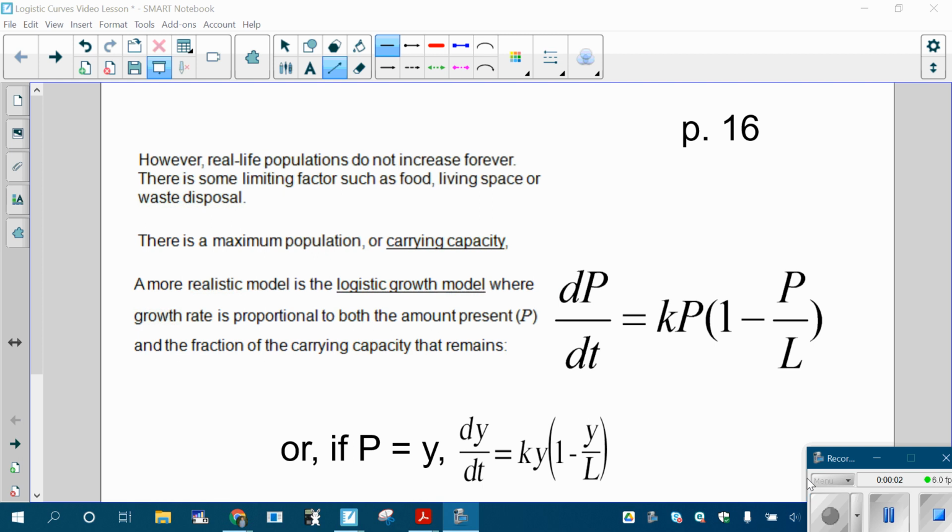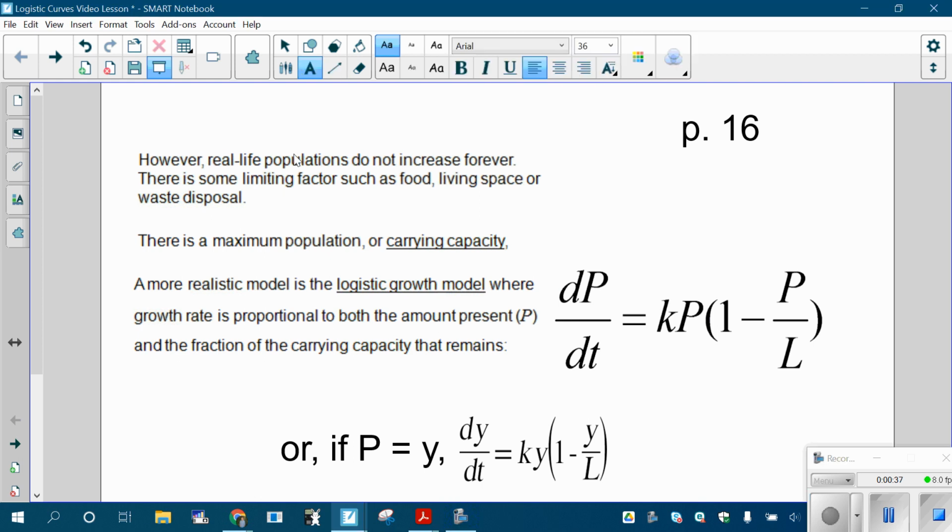Everybody. Mr. Copy here, and this video is on something called logistic curves or logistic growth. And this is actually super interesting, I'm serious, because the idea here is exponential growth is cool and all, and some stuff grows exponentially, but in the real world, stuff doesn't grow exponentially forever. You know what I mean? Like stuff doesn't keep growing and growing and growing. Eventually, it kind of levels off, at least for most things.